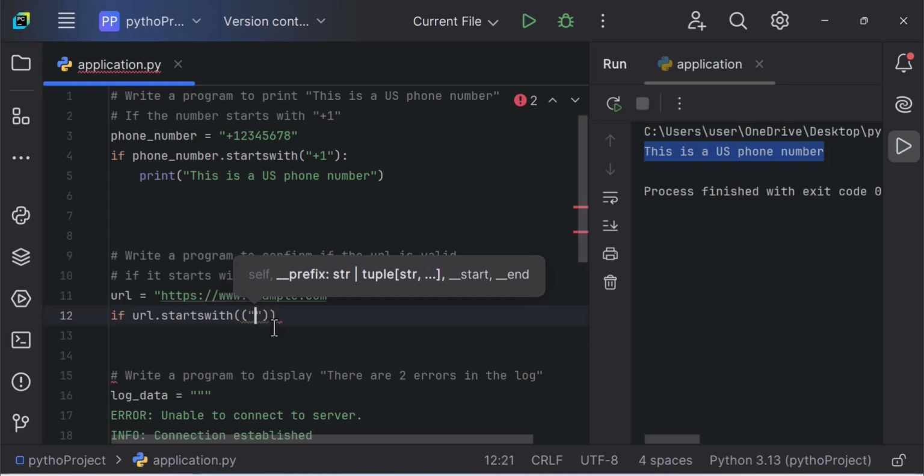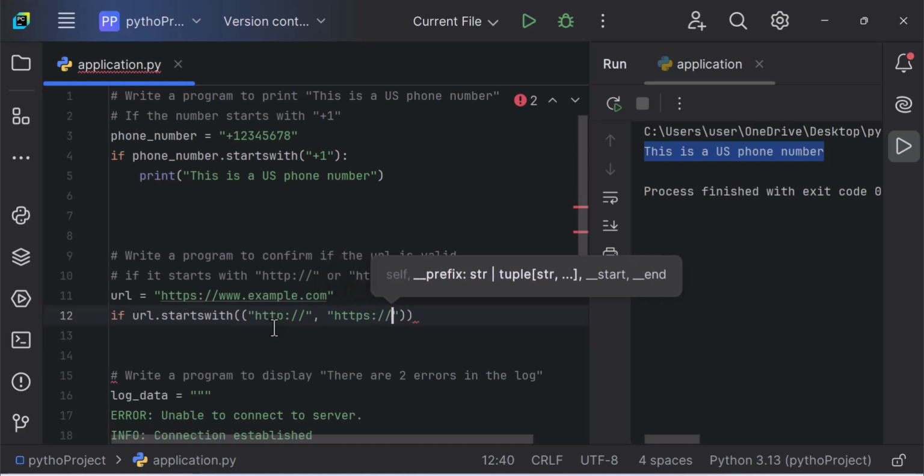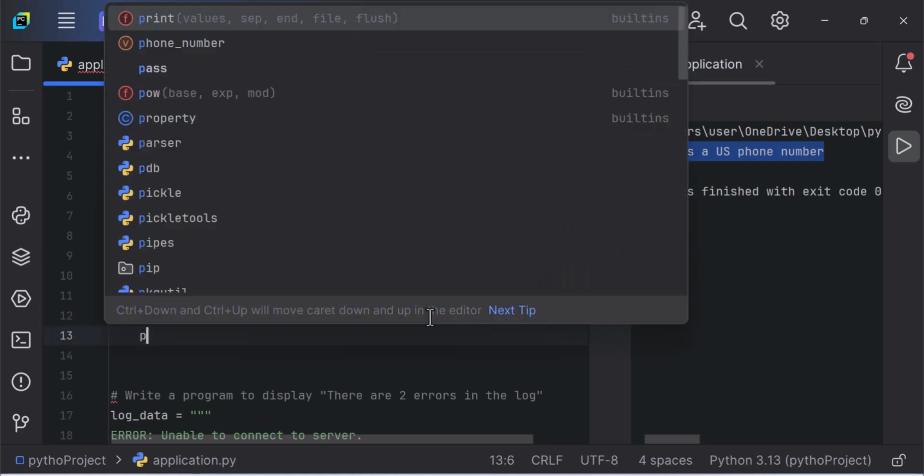The first one is "http://", and for the second criteria, you put a comma, quote again, "https://". After this, we put our colon, then we print to the screen